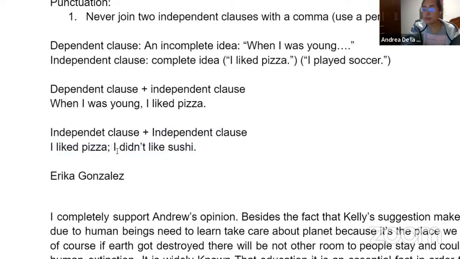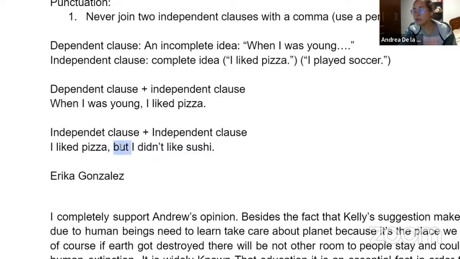In this case, since this is contrast, maybe the right conjunction for you to use would be "but," right? So if you use that connector, that conjunction, now you can use a comma. So you could say, I like pizza, but I didn't like sushi. Why can you use a comma now? Because this becomes a dependent clause. The moment that you add the connector, it becomes a dependent clause, and now you can add the